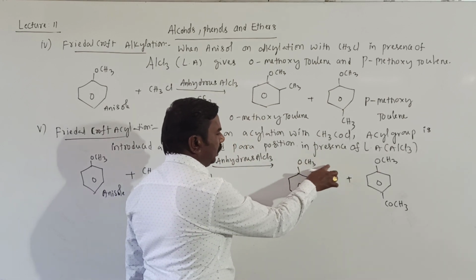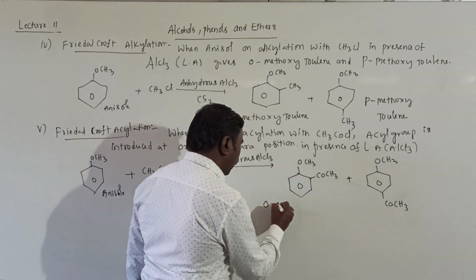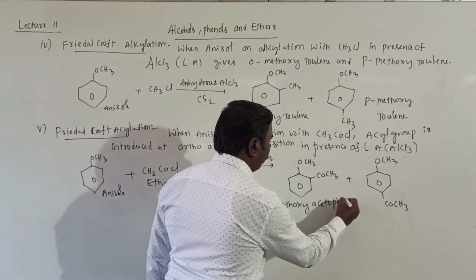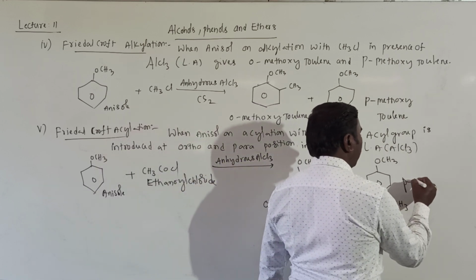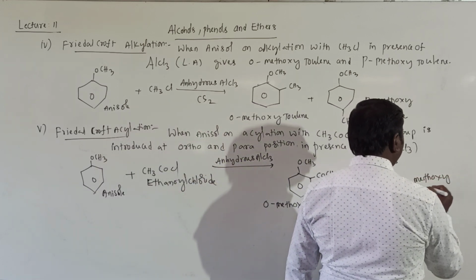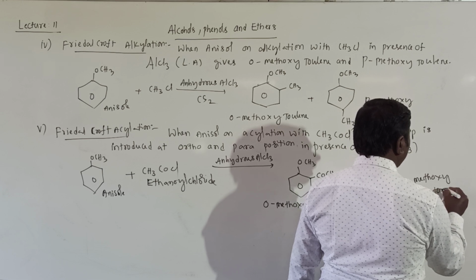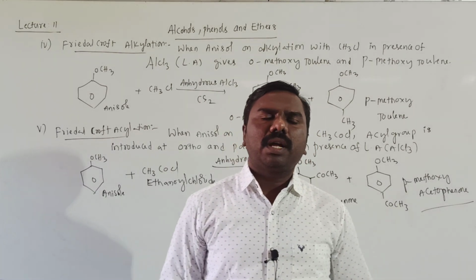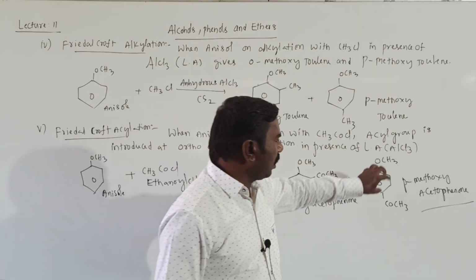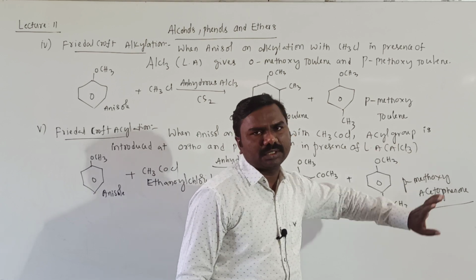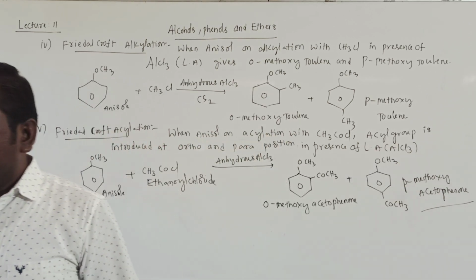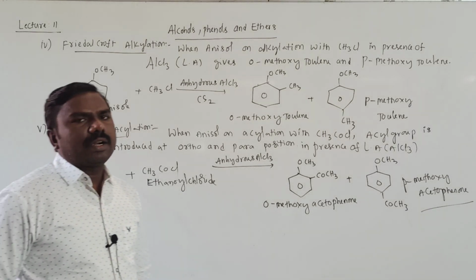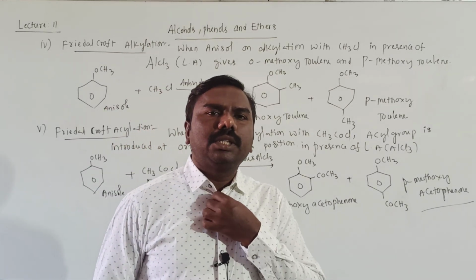This is methoxy acetophenone: ortho-methoxy acetophenone and para-methoxy acetophenone. Para is always the major product compared to ortho. Here methoxy is a substituent, that's why it is written first. Getting all of you? Now, one or two textual questions students will discuss. With this, electrophilic substitution reactions are completed.